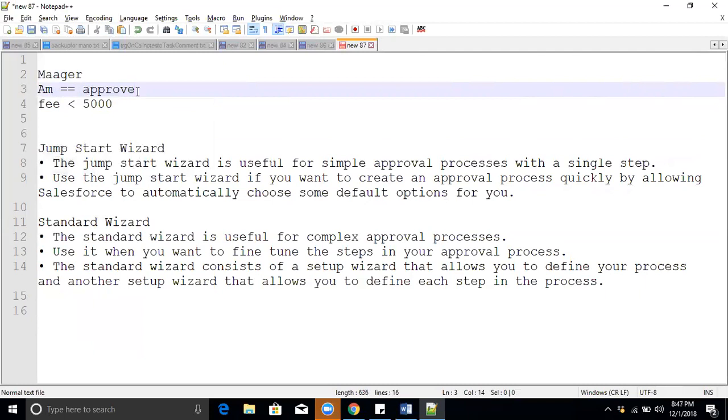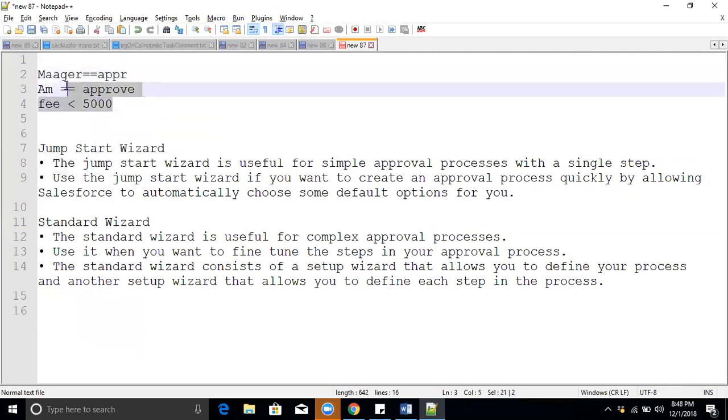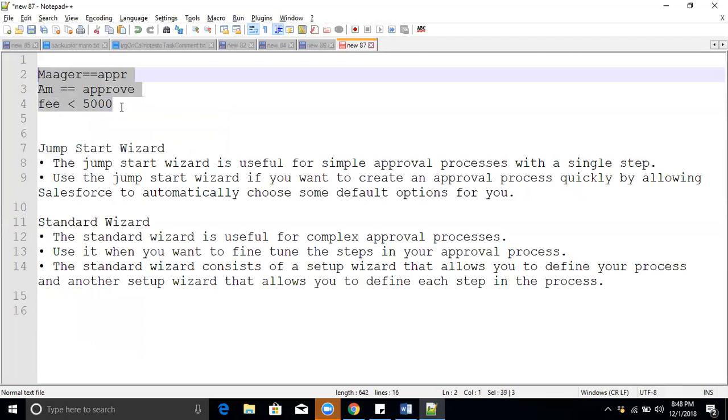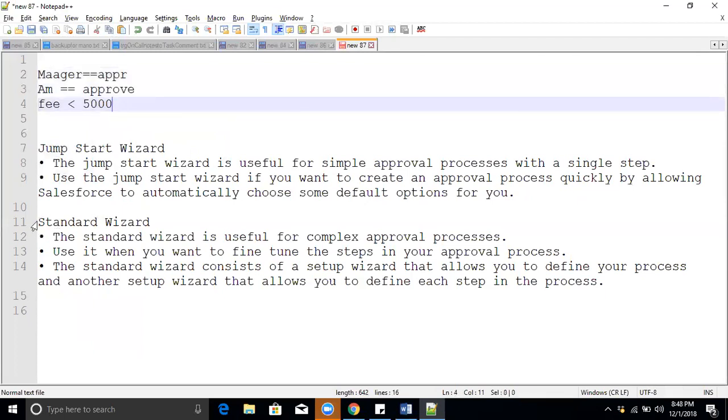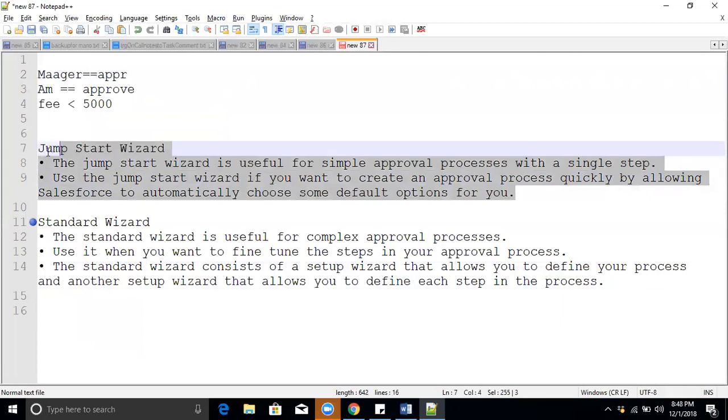Once the AM has approved, then we need senior manager approval. If you want to create multiple approvers and multiple approval steps, then we'll go with the standard wizard, where we can create multiple approvals and multiple steps. But the jumpstart wizard is a single-step approval, and here we can choose only one approver.